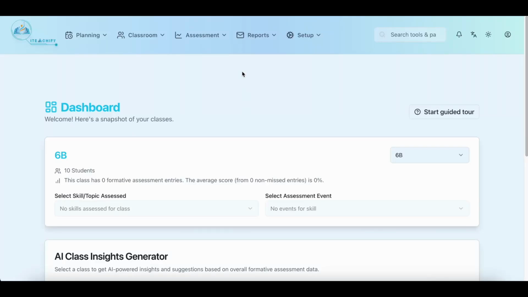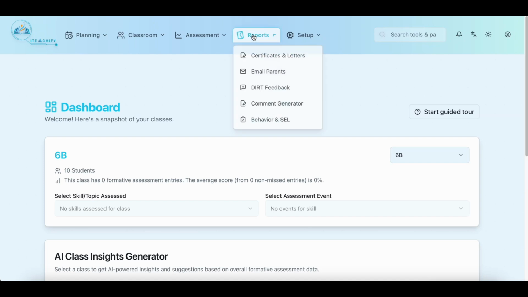Writing reports, certificates, comments for report cards, and even writing emails to parents based on students' performance has never been easier. With iTeachify.ai, you can do all that in a few clicks. To write feedback and feed forward to your students so they can reflect on their learning journey, head over to